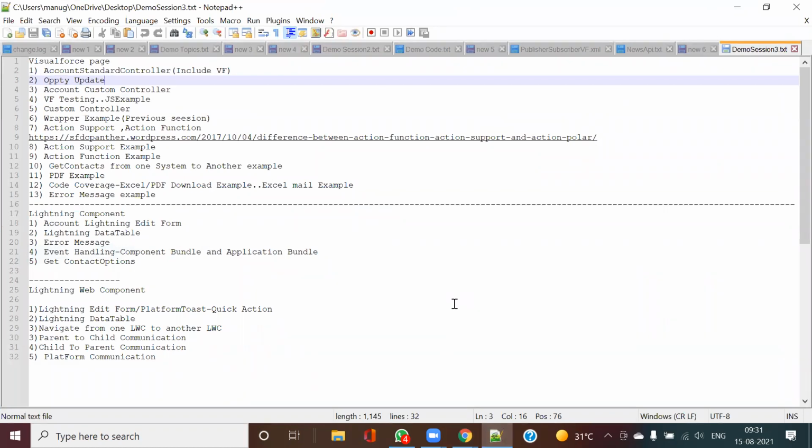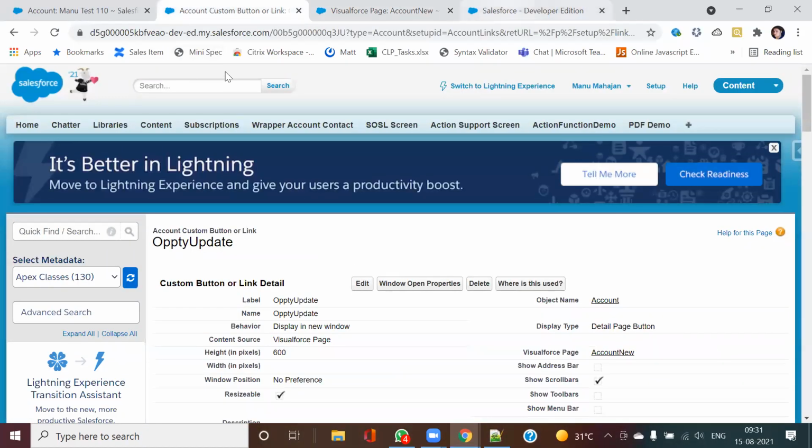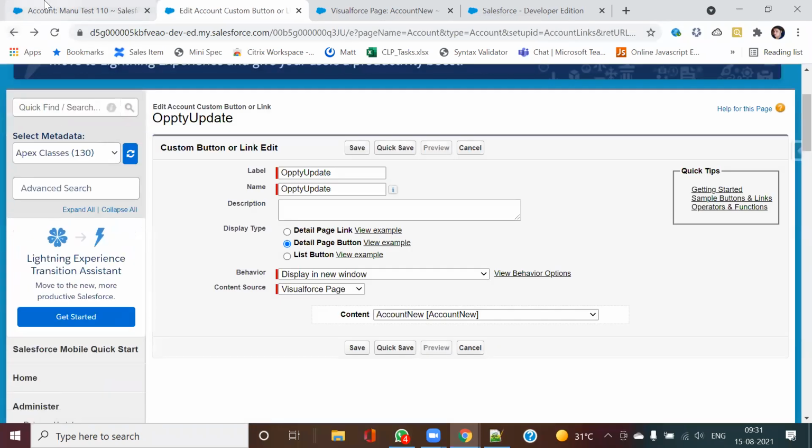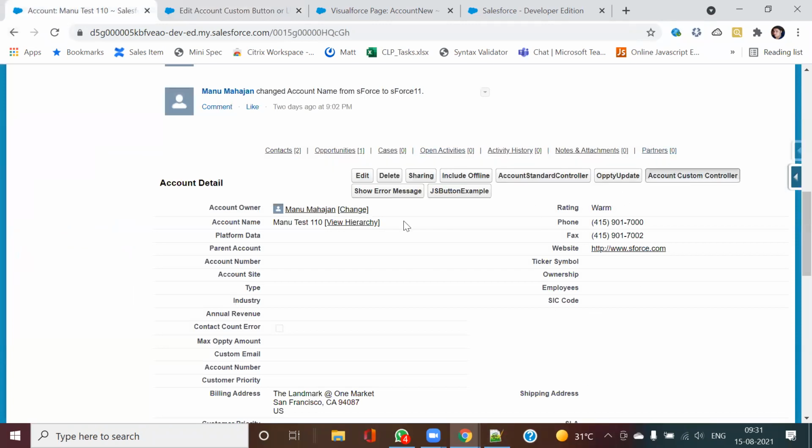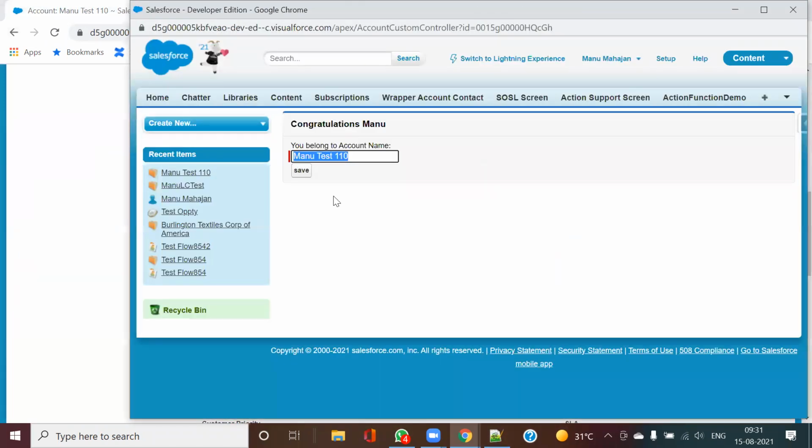So now we will go into this third example, custom controller. Yeah, this is the account custom controller.